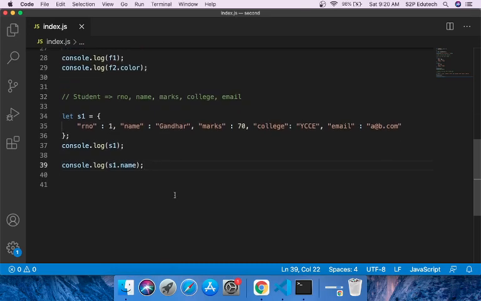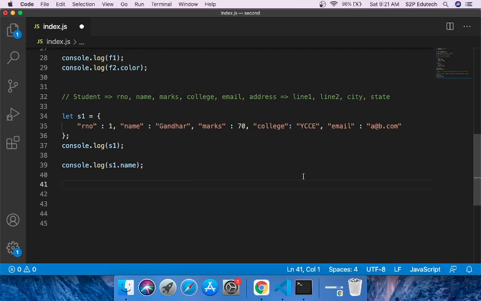Right, now let us try to complicate things a little. I'll create another student. Now let us say a student can also have an address. How is an address represented? Address can be represented using line 1, line 2, city, state. Let us create a student who has an address. Now, address is not something represented in a normal string. It can have line 1, line 2, city, state, pin code, country. It can have many parameters.